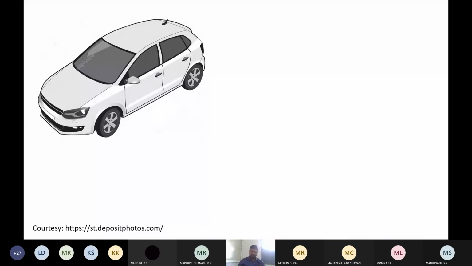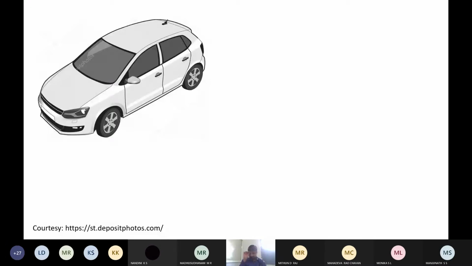Similarly, if it is a drawing of a car, by looking at the drawing, one who is manufacturing that car must be able to identify its size, its features, what its width, height and breadth should be. So you must be able to visualize these things. In order to do this, normal projection is not sufficient. For engineering drawing we need a different approach, and that approach is provided by orthographic projection.